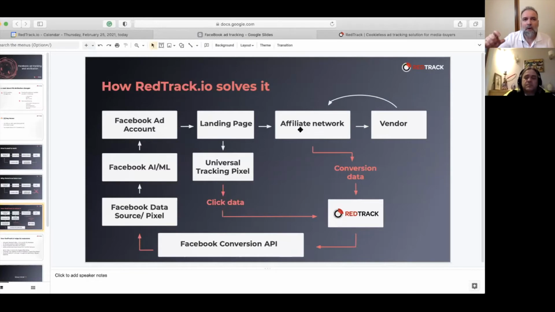So what we do now is that one Facebook email can connect one Facebook ad account with one Facebook pixel. When we started to do this at scale, we realized that one Facebook email can have multiple ad accounts with multiple pixels that are interconnected between those ad accounts.